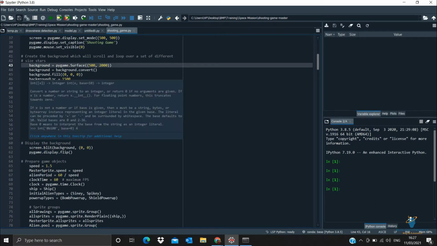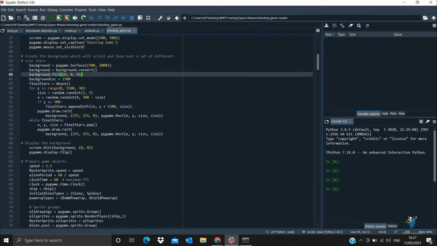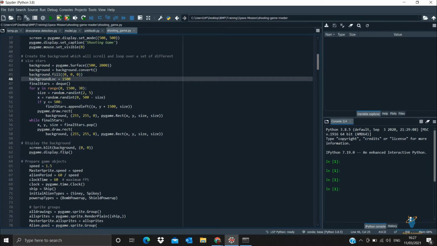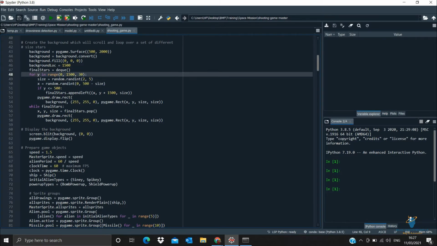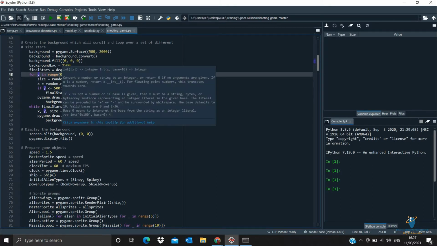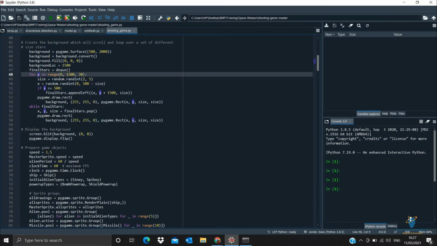And then the surround, that is the background LOC, that is the location of code, is something we have given a default value of 1500. Then we will get some stars to give a space-like look. We have assigned a for loop in some range, that is for y in range 0 comma 1500, where 0 is the default first attribute, then the background LOC, that is lines of code, 1500, and then the 30 value. Inside this we are randomly creating those stars.